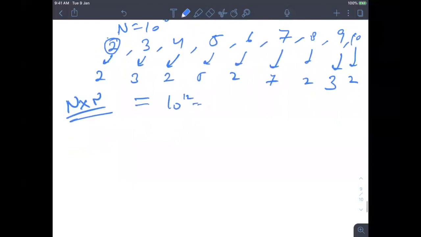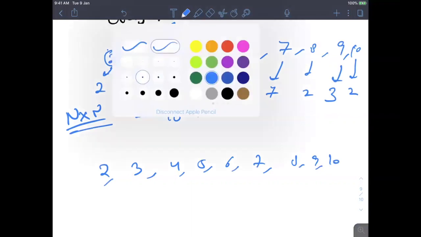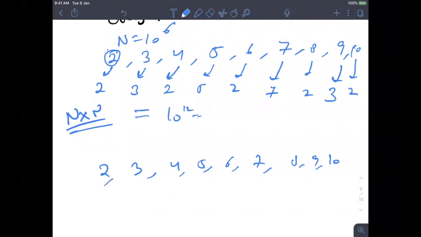So let's optimize it. Think of the sieve or anything. Can anyone? Okay, I'll just tell if you got it. That's good. Even if you have not got it, let's see how we can solve it. I'll use the same sieve approach, and you know how to write the code.